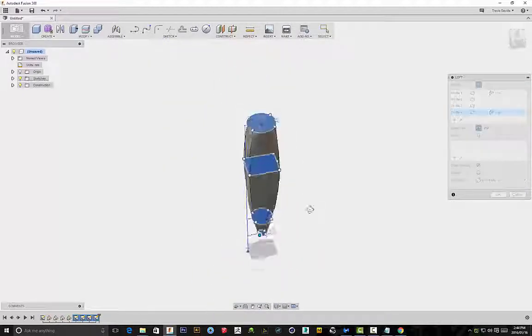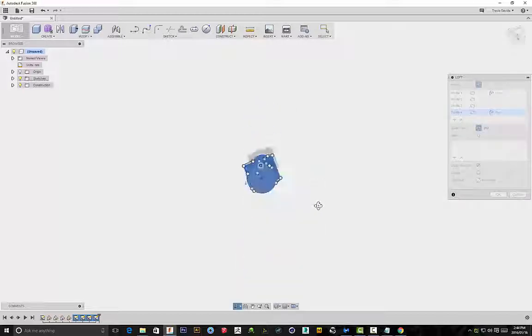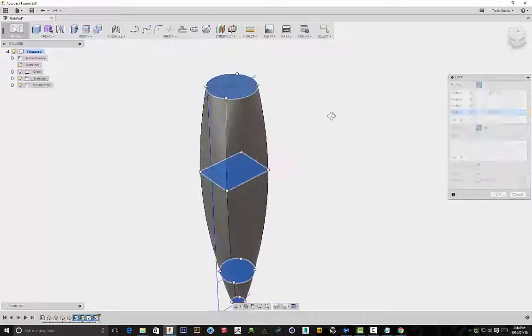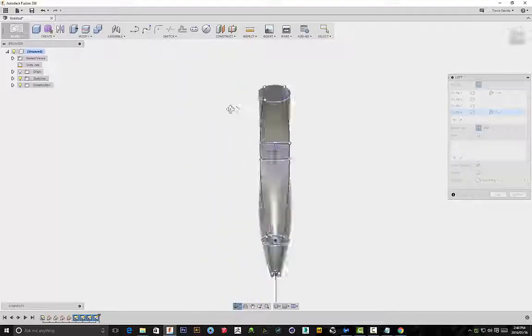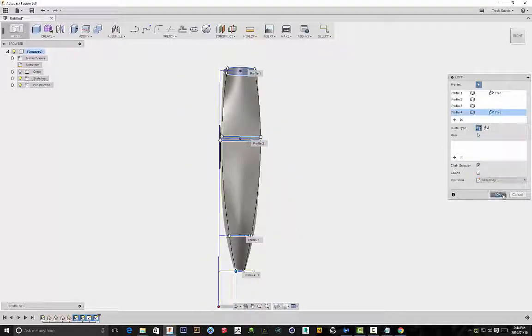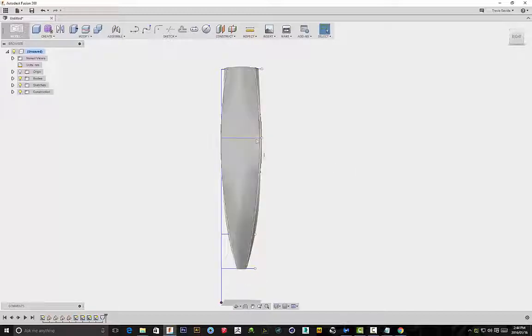And this is just another way to create complex geometry. So you can use this to create bottles or like a vase, or it can really come in handy for creating complex geometry. Now I'll click on OK,